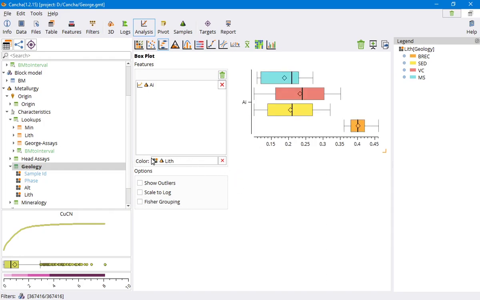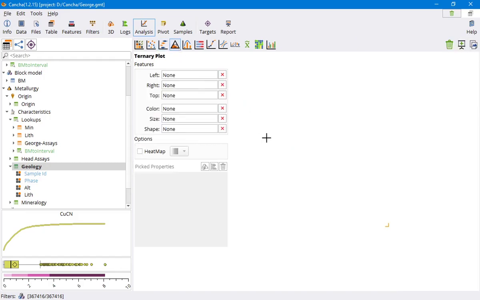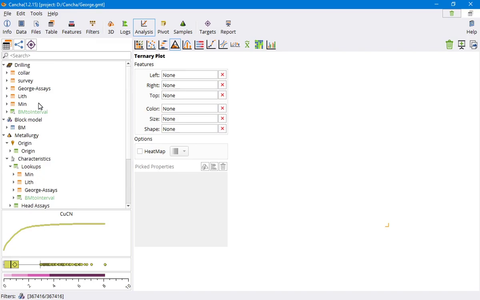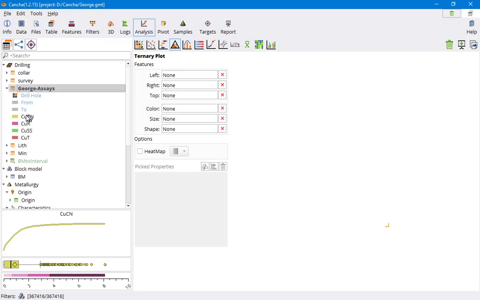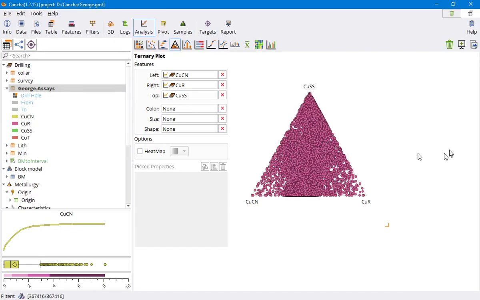So that's the box plots. What's next? Ternary plots. Fantastic. Anybody that works with copper, hopefully is using these all the time. Very interesting. You put cyanide soluble copper, your residual copper, and the acid soluble copper, and you can plot them in a three-dimensional, three-axis